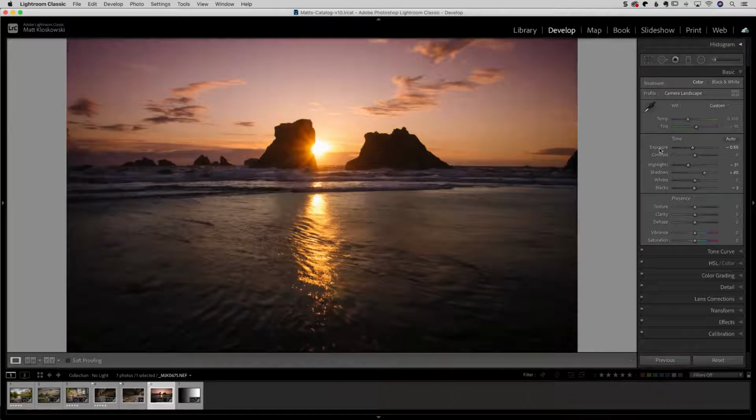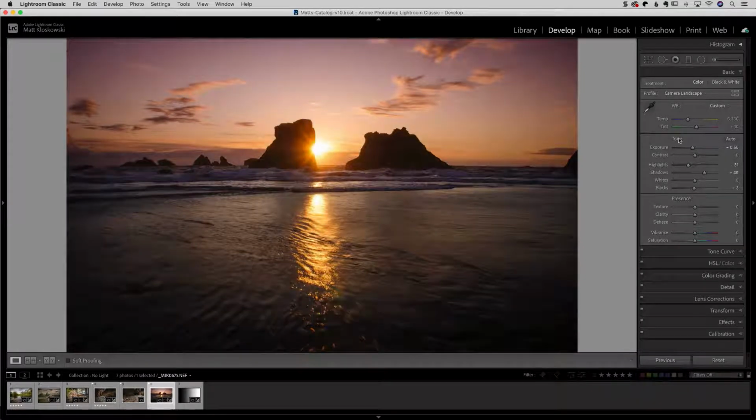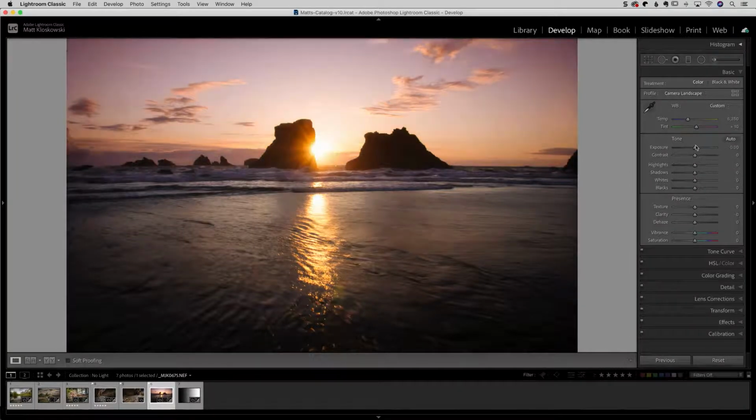One of the tips, and a lot of people know this, is if you double click the name of an adjustment, it resets that adjustment to its 0 value. But what a lot of people don't know is that many of your adjustments have a section heading to them. So for example, exposure, contrast, highlight, shadows. If you double click the word tone in that little section heading, it resets all of those adjustments in that